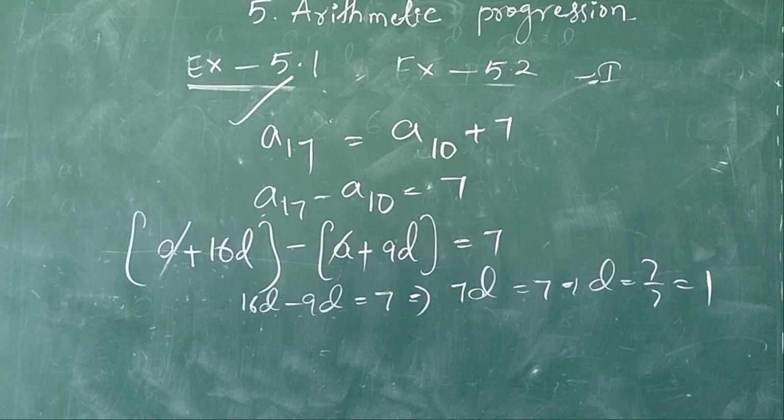So the 11th one is that. Next, 12th one. Here, two APs have the same common difference. The difference between their 100th terms is 100. What is the difference between their 1000th terms? So the difference between their 100th terms is the same as this one. A100 minus